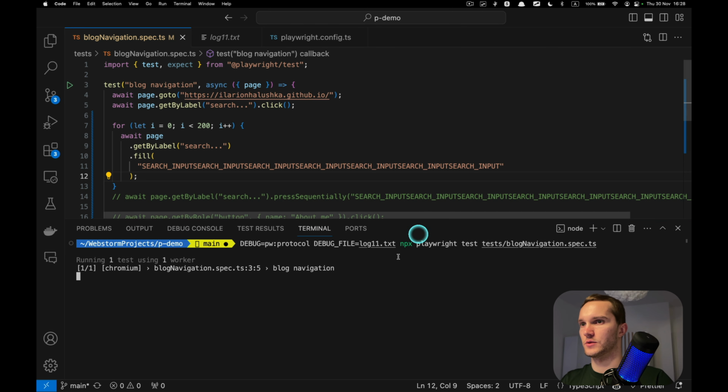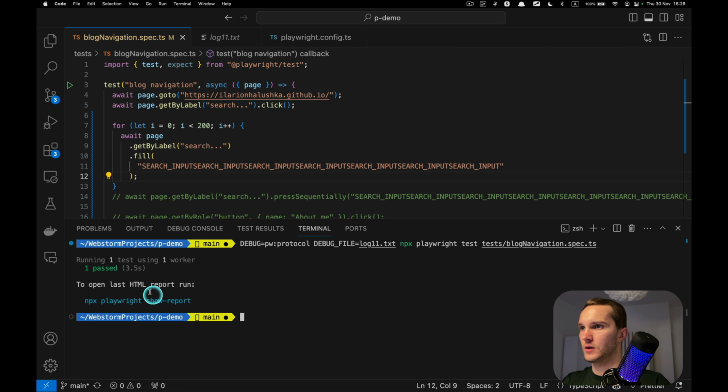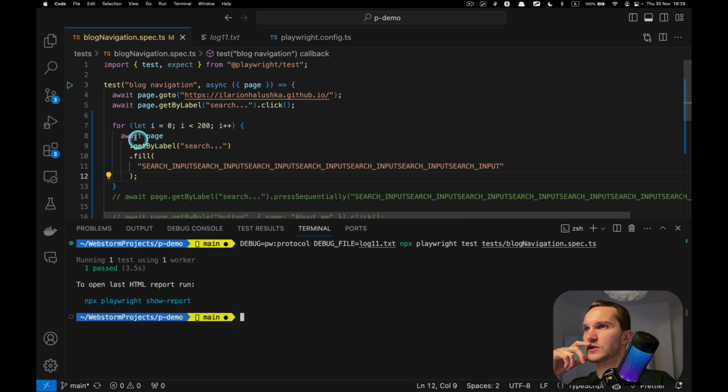Let's check how much time this would take. Okay, this took 3.5 seconds. Most of this time was spent launching the browser, loading the website, and doing 200 insertions like this.